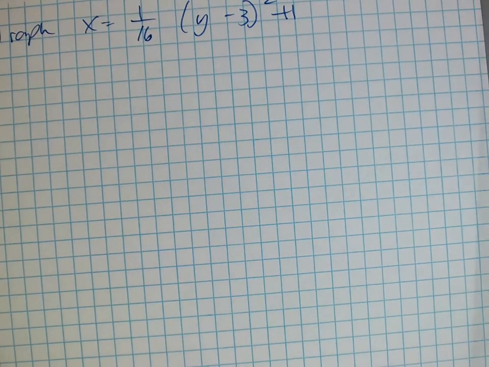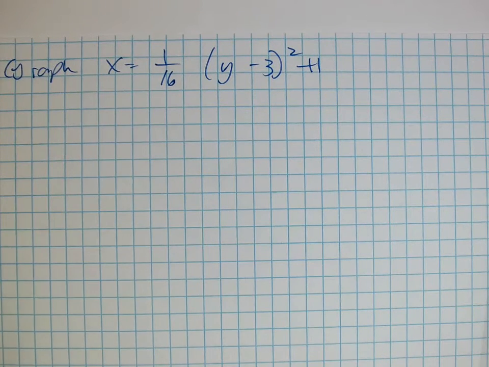Wait. Let's graph this, okay? So let's graph x equals 1 over 16 times (y minus 3) squared plus 1, okay? Now, it has to be